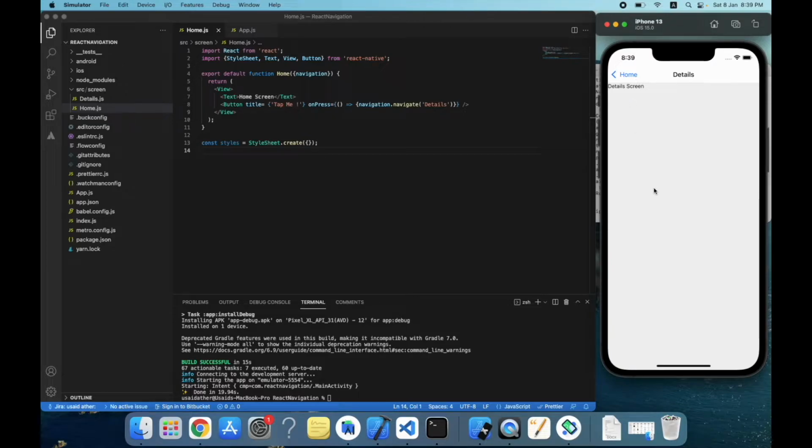So now, next we will learn how we can pass parameters from one screen to another. Let's say you have to pass the complete object or anything to the next screen. So here,